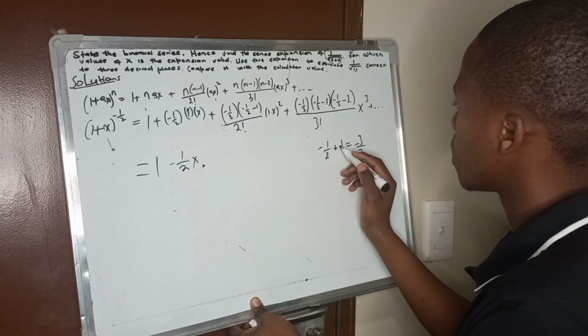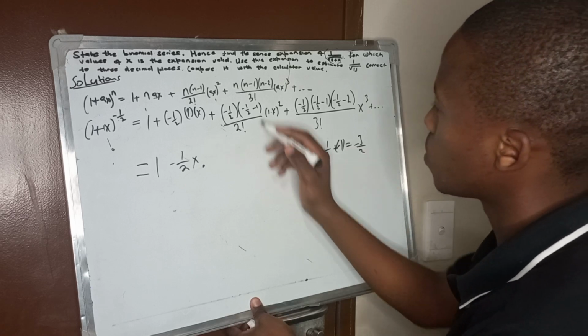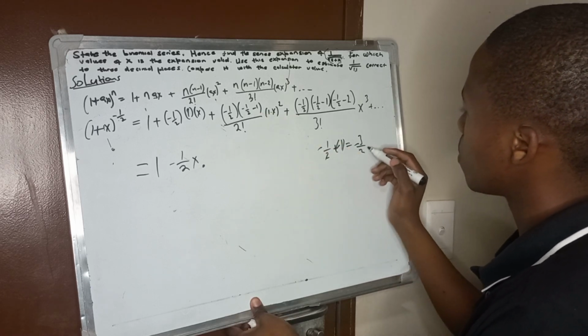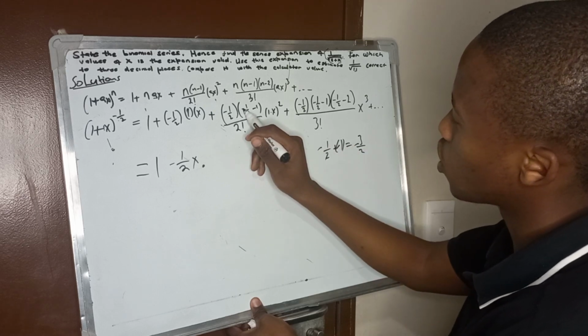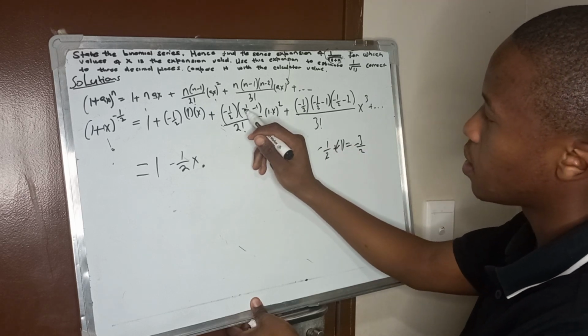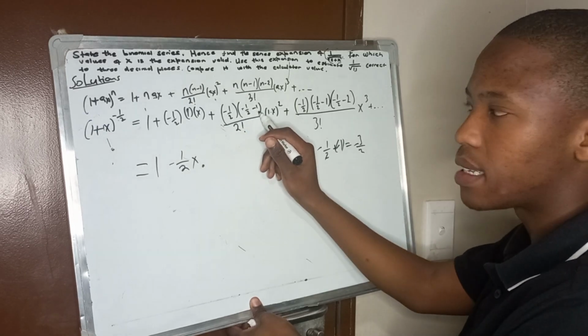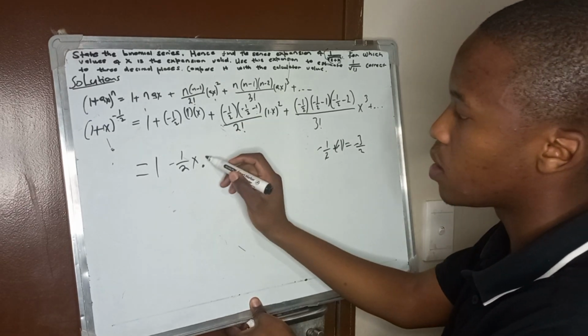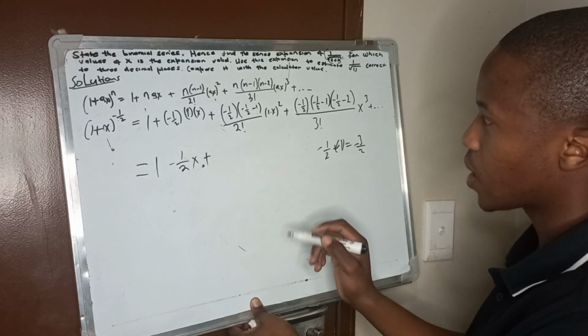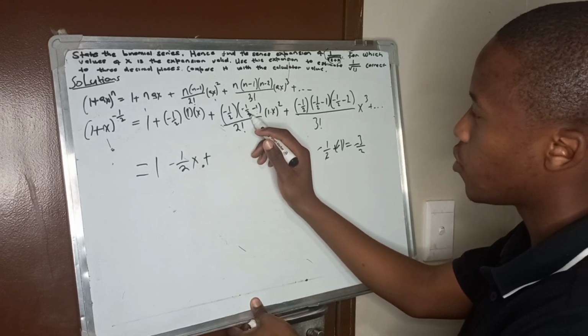Then take the negative. Remember, this is negative minus a negative, that's a negative, multiplied by a negative, so it's going to be positive, right? Then 1/2,